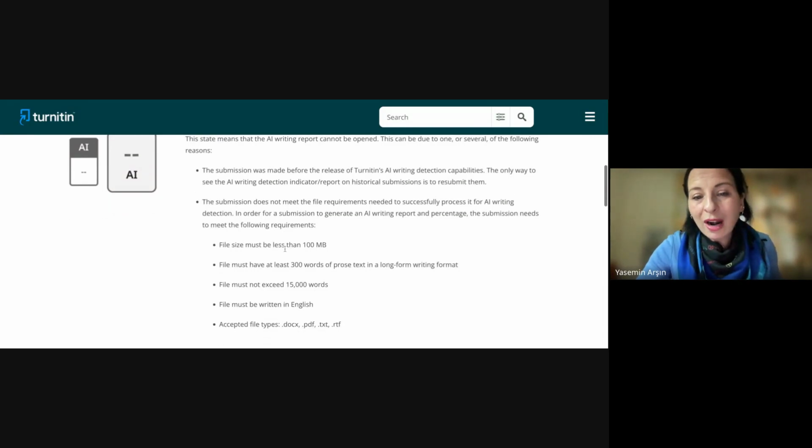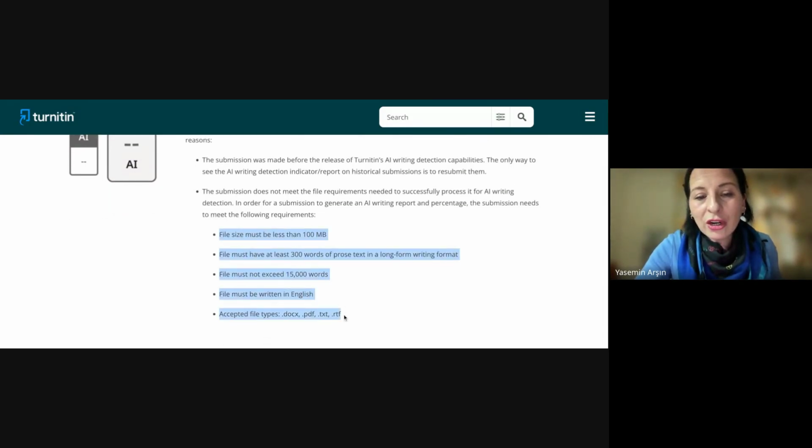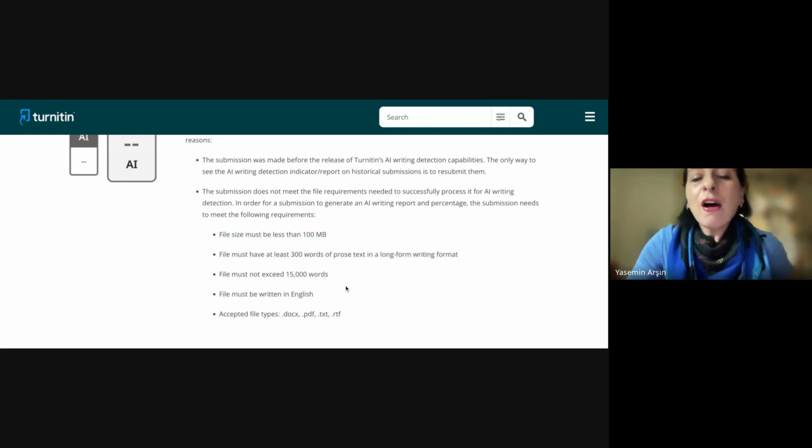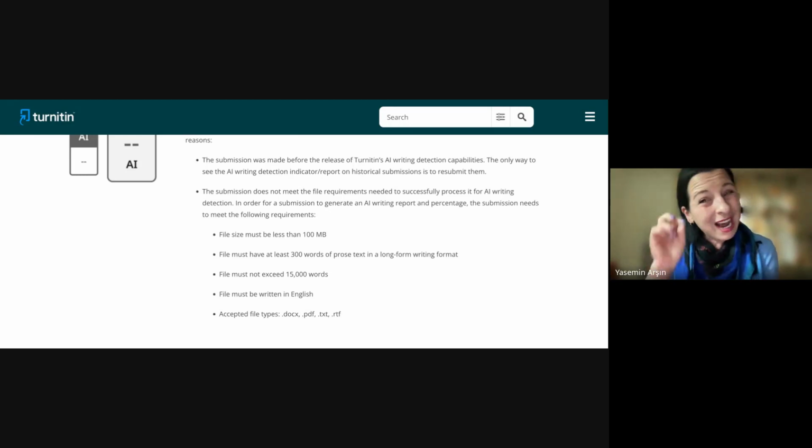What are these requirements? So you can see here, there are 5 of them. File size must be less than 100 megabytes. File must have at least 300 words of prose text in a long form writing format. File must not exceed 15,000 words. I know that this is a bit tricky, especially for theses and dissertations.